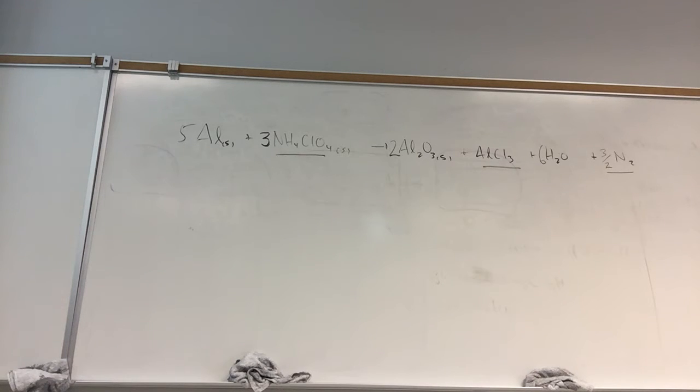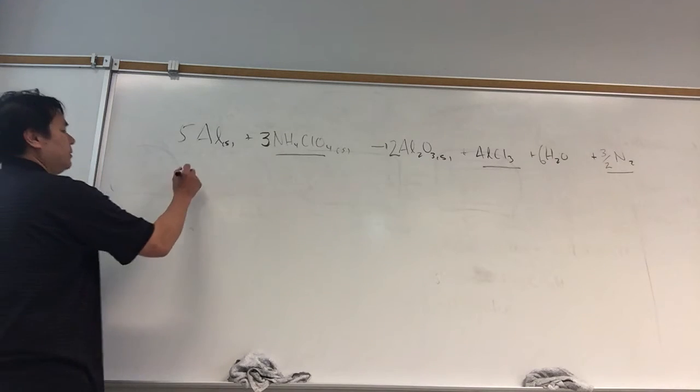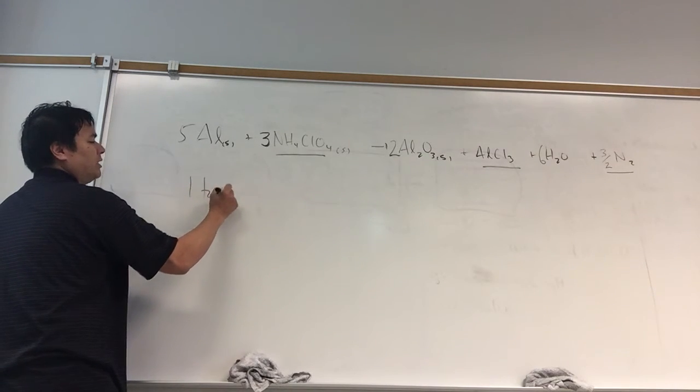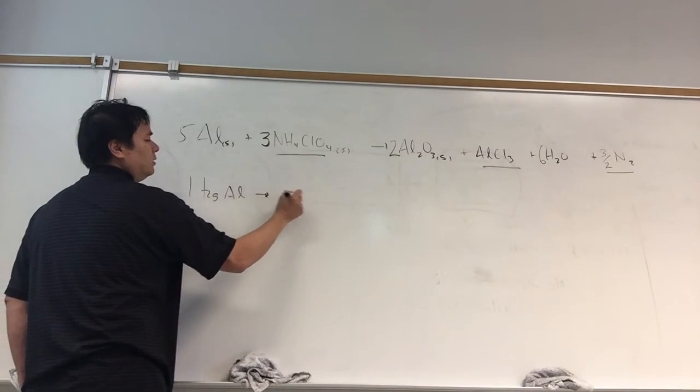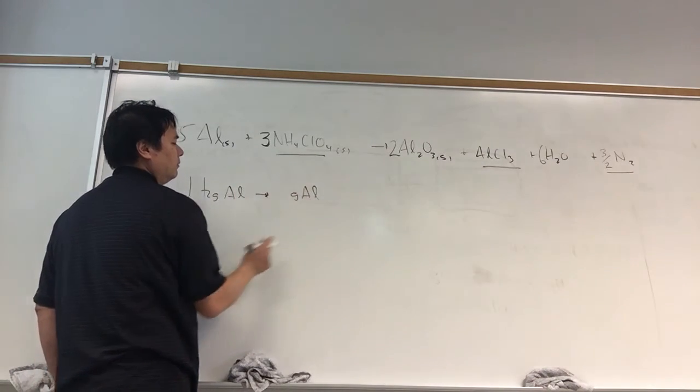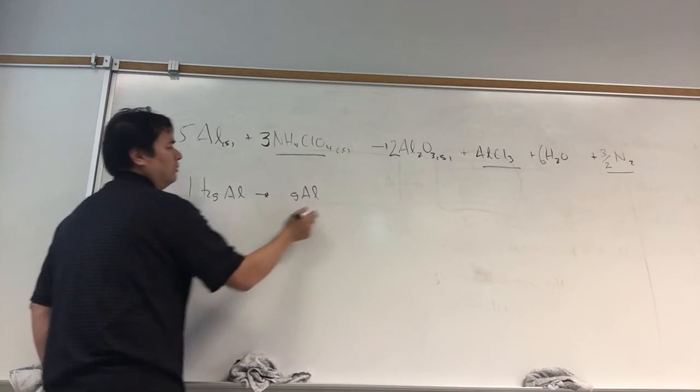All right, what is the minimum mass of ammonium perchlorate consumed per kilogram of aluminum? And so minimum mass of ammonium perchlorate per kilogram. So we have 1 kilogram of aluminum. So we go from 1 kilogram of aluminum to grams of aluminum, 1,000 grams per kilogram. And,